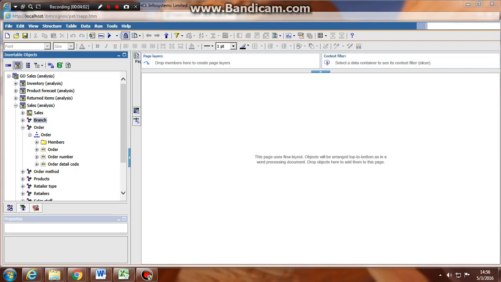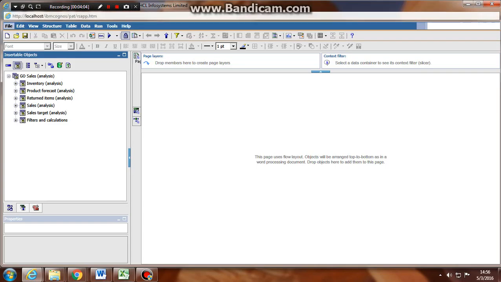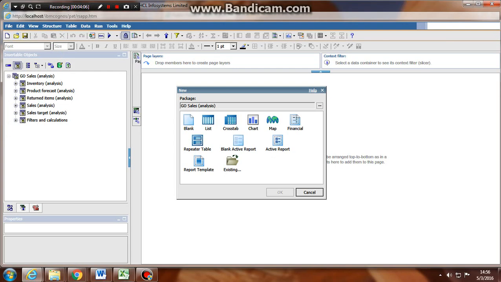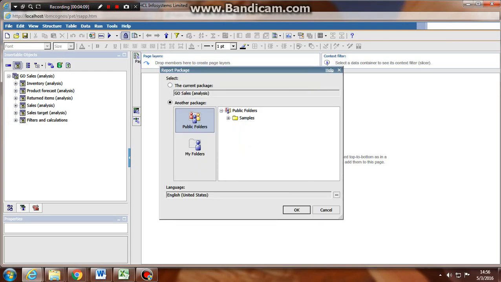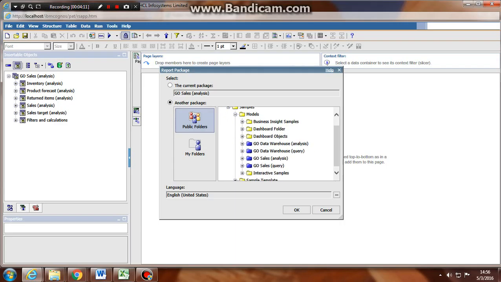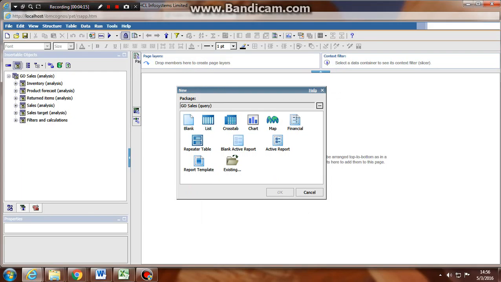Okay, so moving on, let's close this sales analysis. Let's go back again to the basic query package. We'll be working on the query package first because that's a little easy to understand. Then we'll be moving on to the analysis package. Let's open Go Query. Okay, now Go Sales Query package has been selected over here, and these are the kind